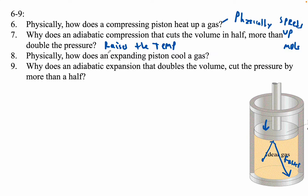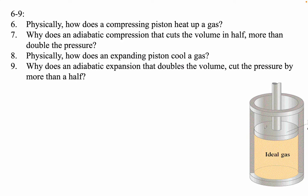And then let's see, physically, how does an expanding piston cool a gas, right? Well, physically, the piston's moving up. So now when a particle bounces off of it, it comes off with a lower speed. It's going slower. So it's a bit like in soccer, when you want to trap a ball, it comes at you fast. What you do is you move your foot in the direction that the ball's going,